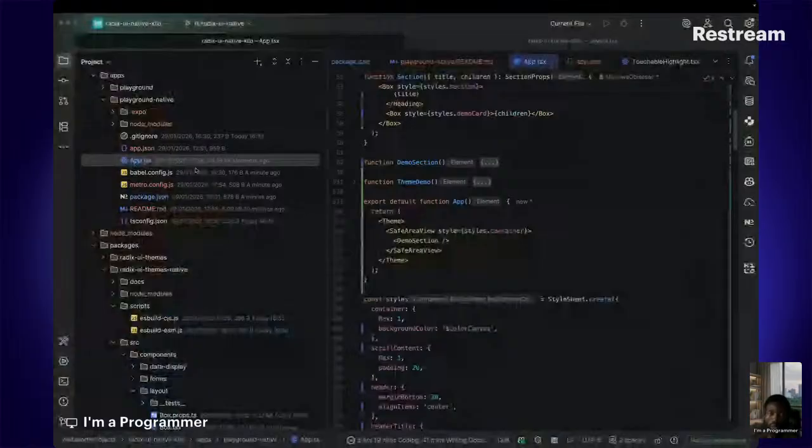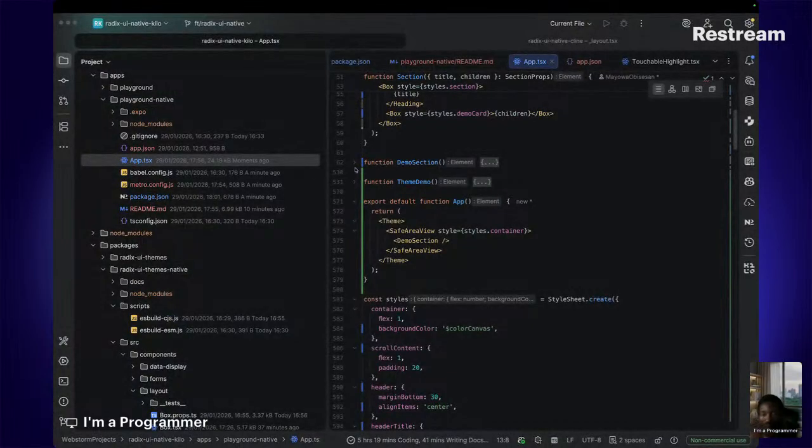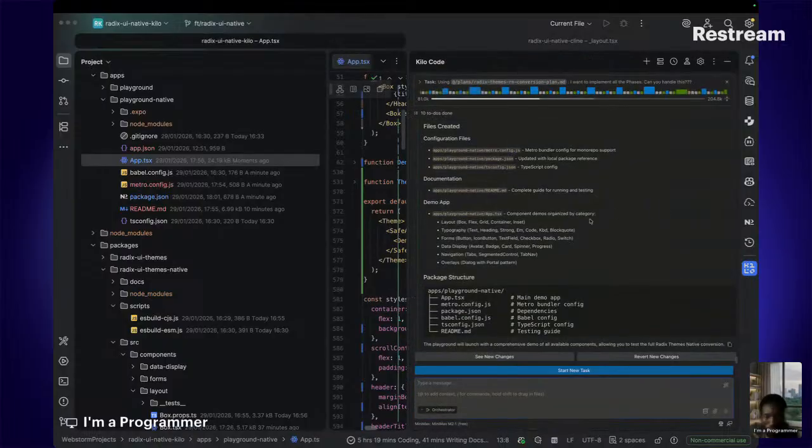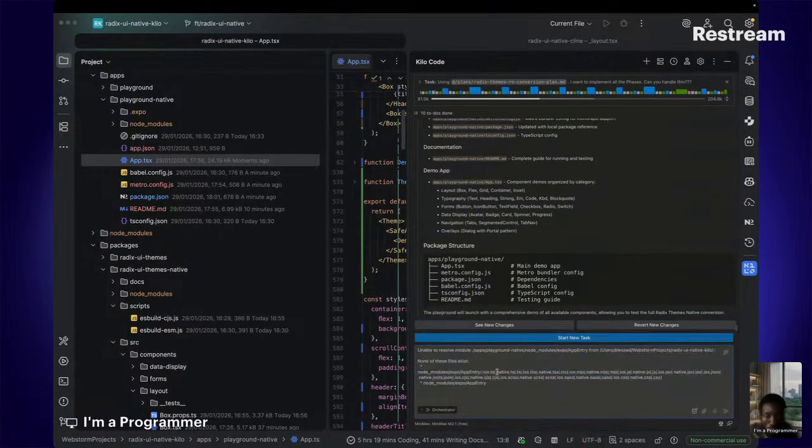It gives me access to create a Snack for it so that people can test it out. If I do it this way, the only way I can upload it to a Snack is by using app.tsx. If I don't use that, I can't use the normal Expo templates and get it to work on Snack. It's not going to work. So what I'm going to do is give it back to the AI to fix that. So I'm going to say,